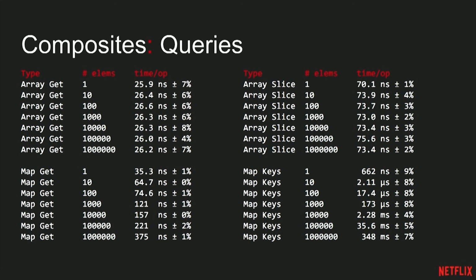I mean, you would kind of expect that, because you're just calculating that offset, and then again, getting the offset into the data array. Slicing, again, is a constant time operation. So when you're looking at this, you're just doing a Go slice operation, and you're subtracting one integer. And that's all it takes, just like 70 some odd nanoseconds to do it. And map gets